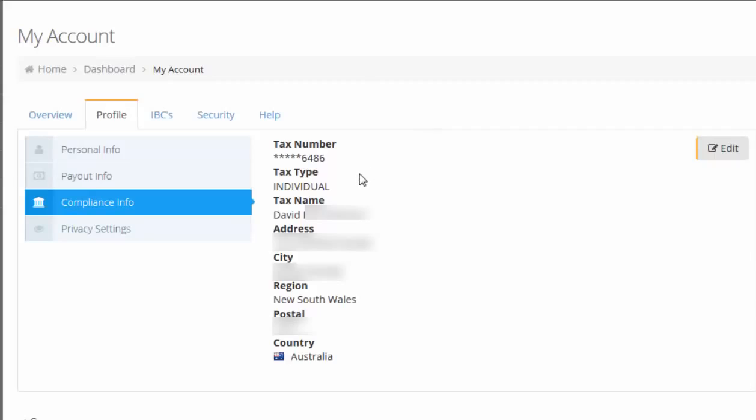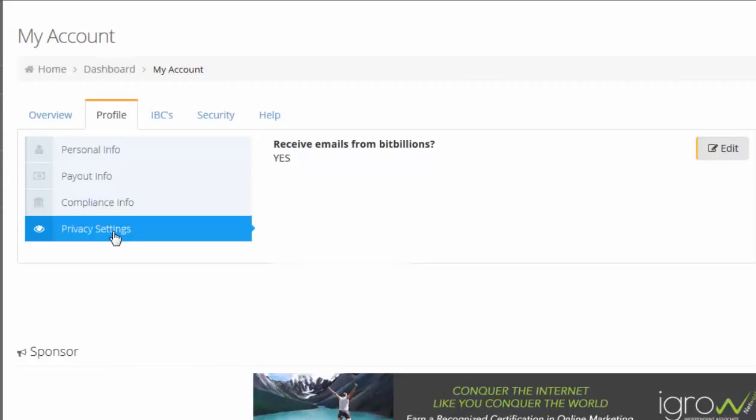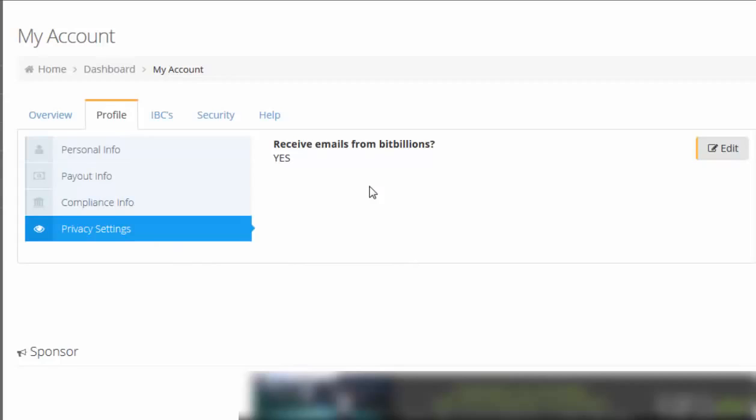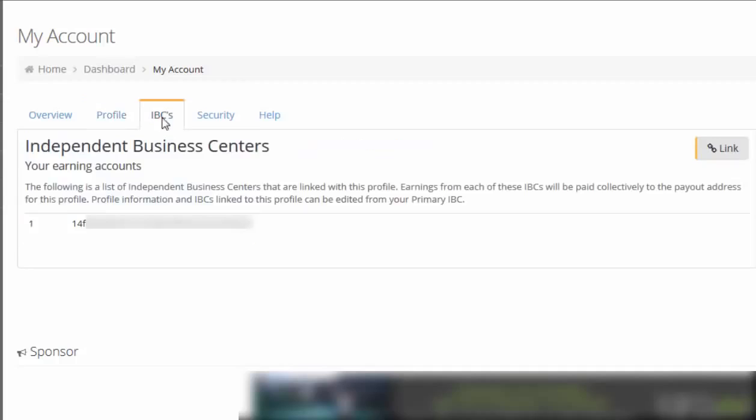It'll tell you whether it's an individual or business. There's privacy settings on there as well, whether you receive emails from Bitbillions or not, which you should if you want to get all the latest information. IBCs is your independent business centers. Now, once you've set up your primary, you can then link other accounts, and you do that by clicking on